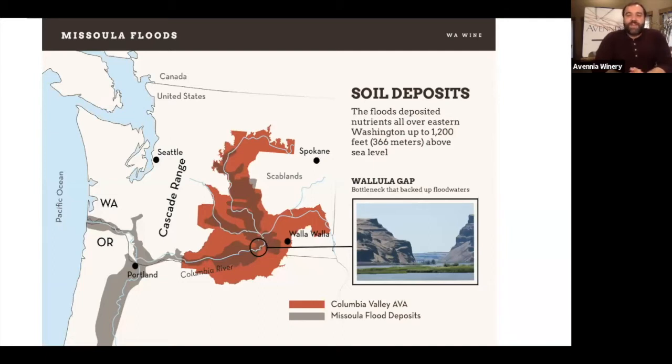So this is down on the Columbia River. It's really the only place in Eastern Washington where the water could have gone. And I think actually at the height of the floods, they say that the water was 80 feet above that. So 80 feet above what you see was where water was flowing over, but still most of it went down